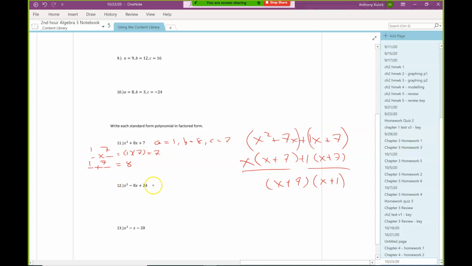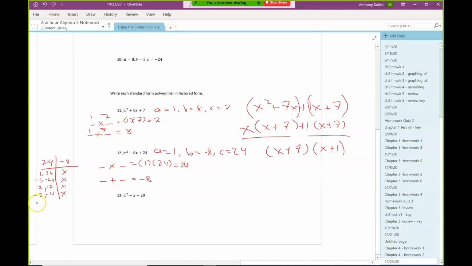Okay. So A is 1, B is negative 8, and C is positive 24. Okay, so we need two numbers that multiply to give us A times C, so 24, and add to give us negative 8. The things that multiply to give us 24 are like 1 and 24, not 8; negative 1, negative 24, not 8; 2 and 12, not 8; negative 2 and negative 12, not 8; 3 and 8,